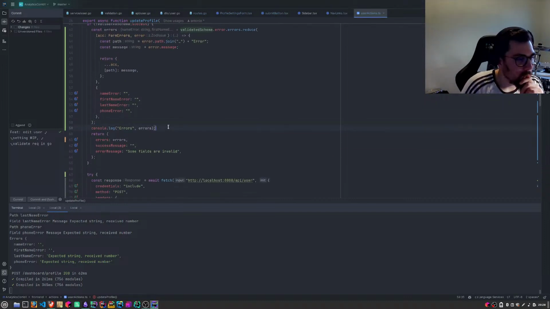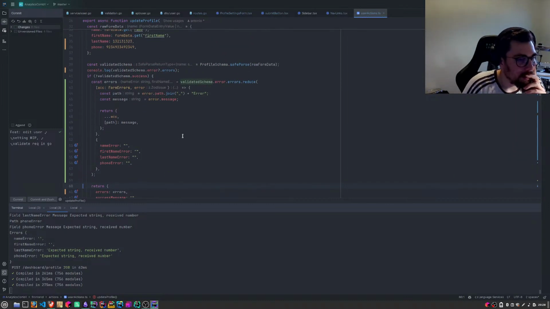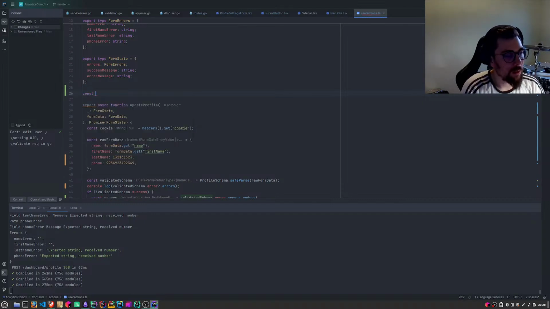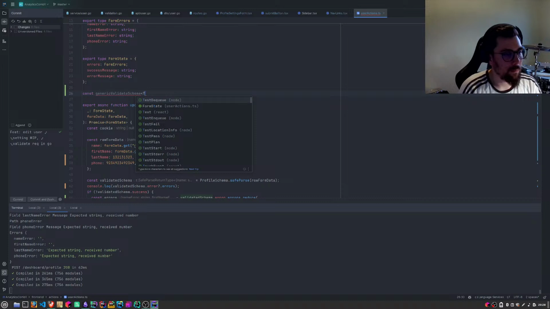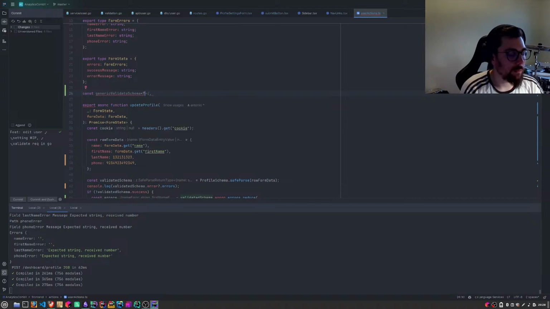So we kind of handled this, right? This is now cool. And now, if we did const generic validate schema, we can call it generic Zod.